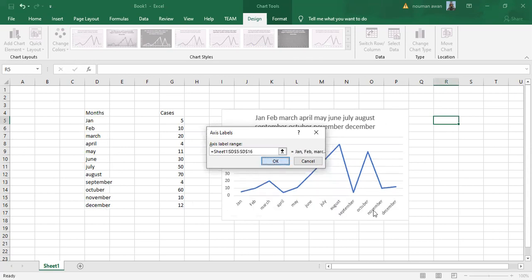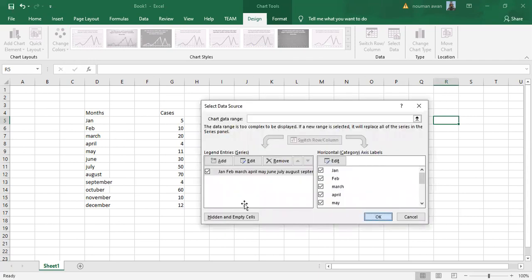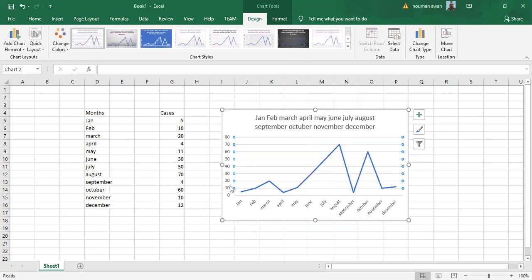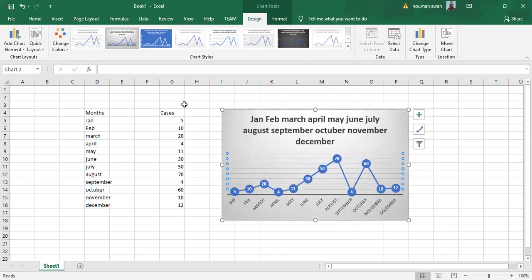So here we can see these are the months January, February up to December, and these are the cases, and the maximum cases are 70, and there is a varying graph between 0 and 80. So we can also see different checks. Here we can click. Now this is easier to visualize. So 5 cases in January, 70 maximum cases in September. So this was the method of how we can graph for y and x axis on Excel. Thank you.